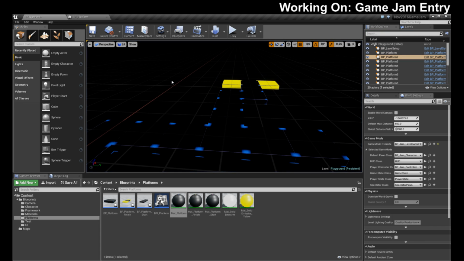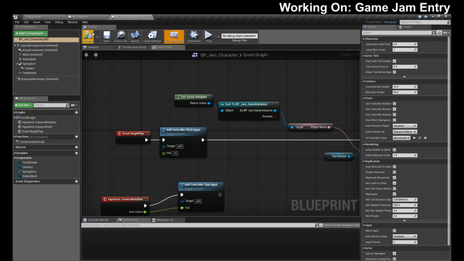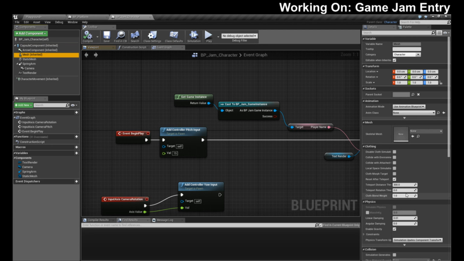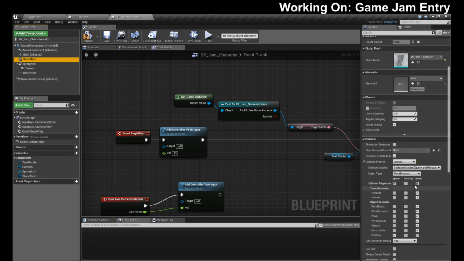Okay, I need to fix my player now at this point. My player is responding to the visible trace of the mesh, static mesh. Custom, we don't want it, it's the camera, I want to say it's the camera.